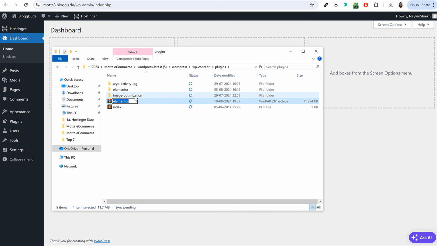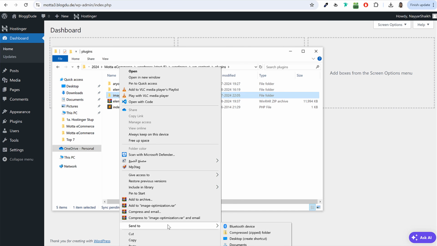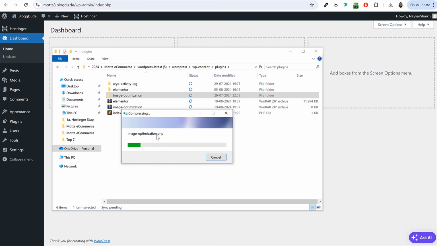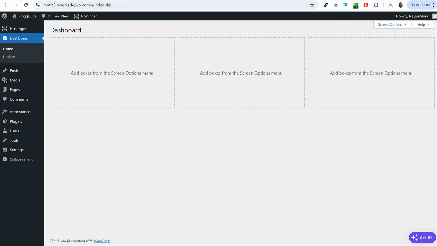Now do the same thing with this folder as well, Image Optimization. Right click, select send to and select compressed zipped folder. So basically again convert this folder as well into a zip file. And once you have converted both the folders into zip files, come back to your WordPress dashboard,